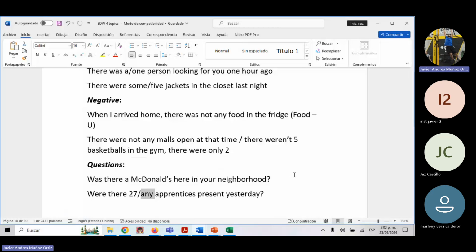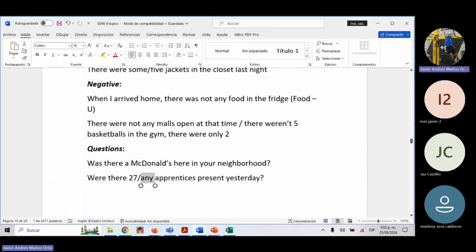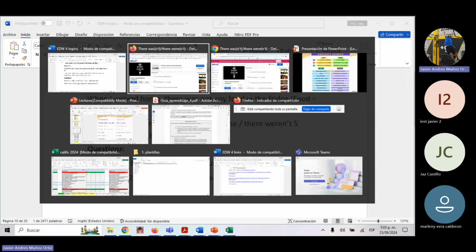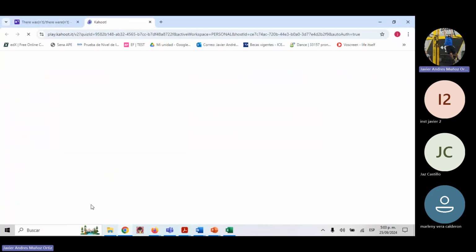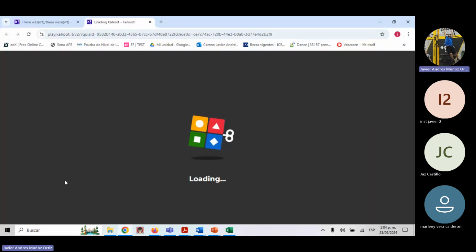not asking for anything. This is level 1, so I'm just reminding you something you already know, but I just want you to remember that. So this is everything we need to know about there was and there were. In fact, there's no more information about this. So the exercise now is for you to complete the game.